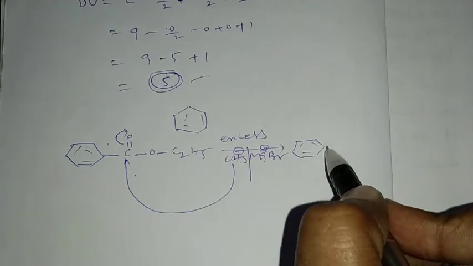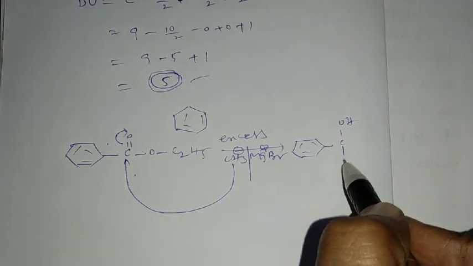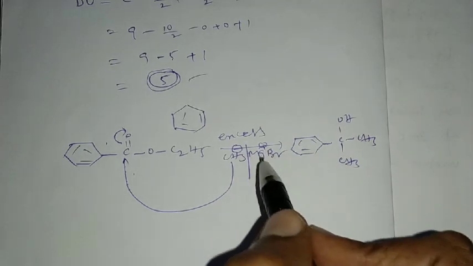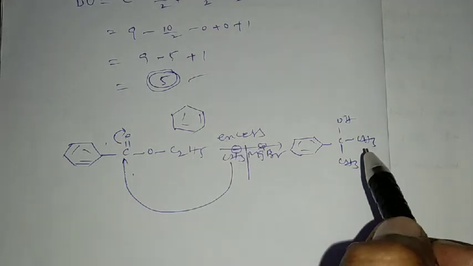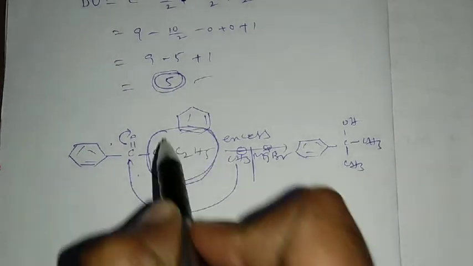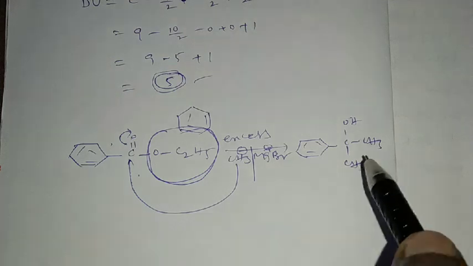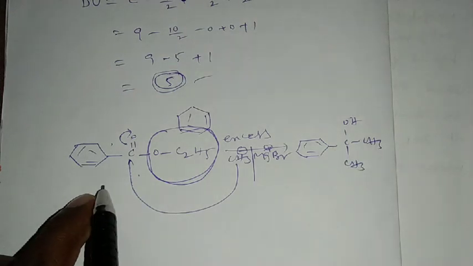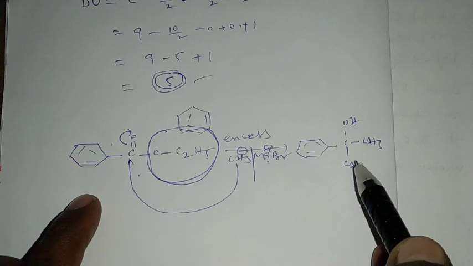So what happened here? C, and here it is converting into OH, and it is CH3, and here also one more CH3, because excess means maximum 2 moles of CH3 are possible. The remaining C2H5OH comes out as a minor product, so that is not considered. So this is the product that will be formed. Is it okay? From the ester, if you treat with excess CH3MgBr, this is the compound you get.